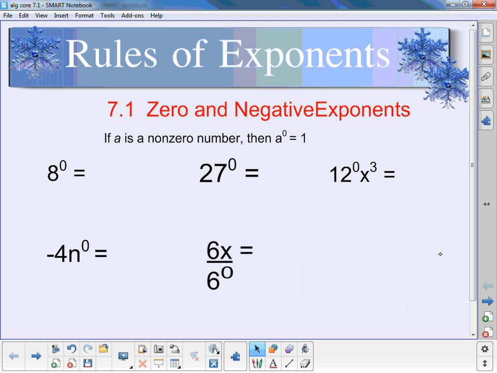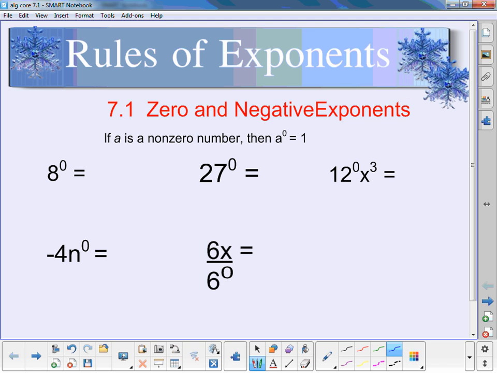All right, we are starting my very favorite chapter, the chapter on rules of exponents, chapter 7. 7.1 is about 0 and negative exponents. If a is a non-zero number, then a to the 0 equals 1. So in other words, whatever it is, if it's not 0, if you raise it to the 0 power, it's